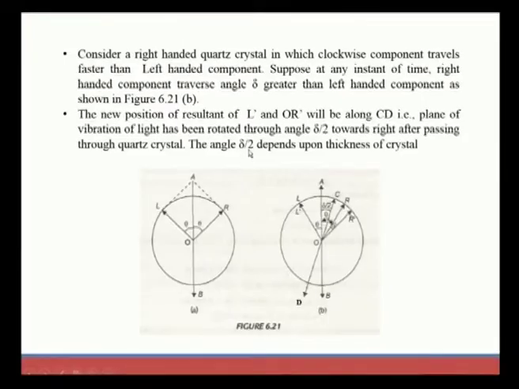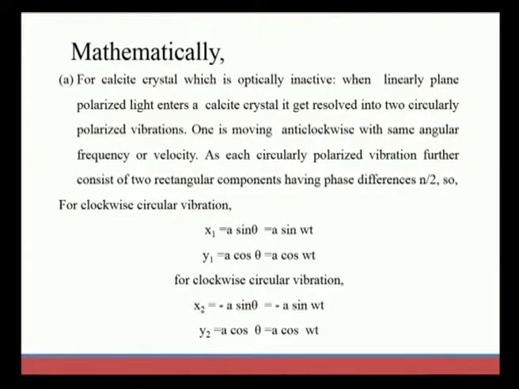The angle delta by 2 depends upon the thickness of the crystal. So, these are the observations that are met with Fresnel's theory. Now, mathematically, how are we going to deduce what we have discussed previously, observing the picture? For calcite crystals, which are optically inactive, when linearly plane polarized light enters a calcite crystal,